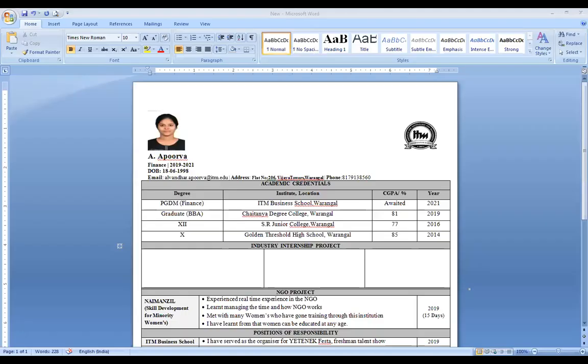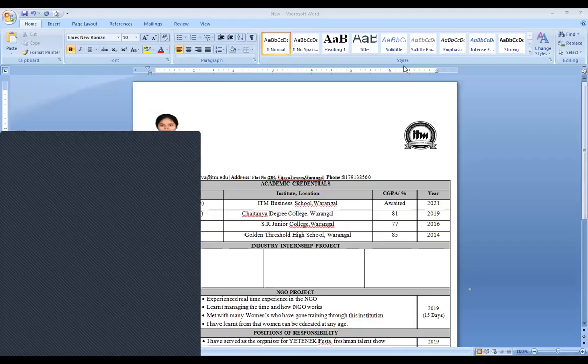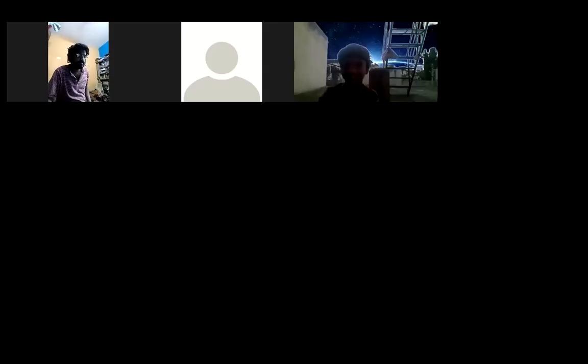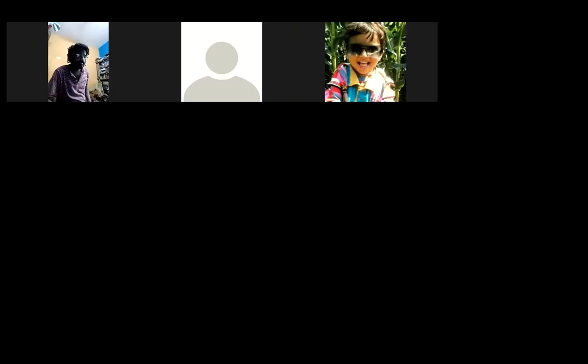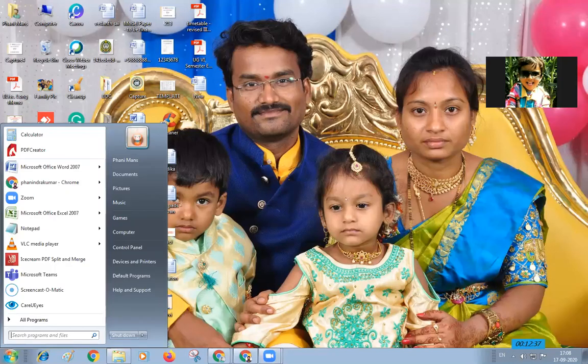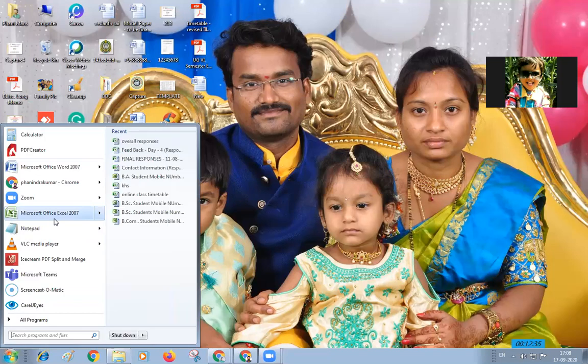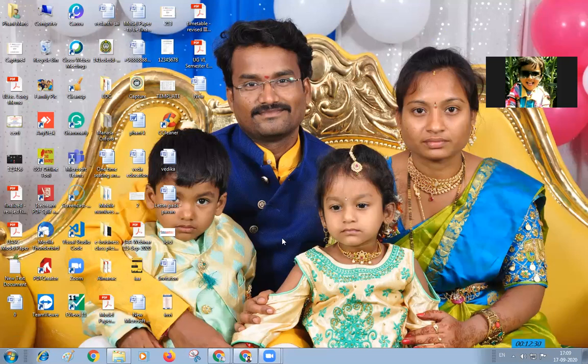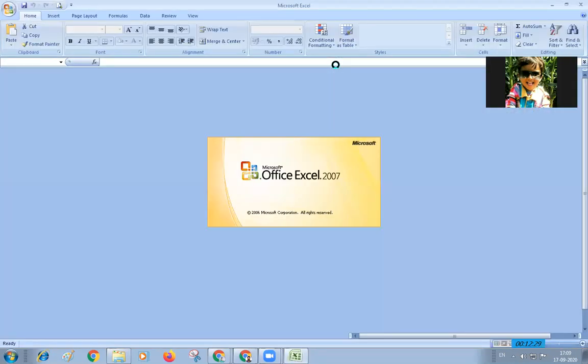To start Excel first, click on the start button and then select MS Excel. Microsoft Excel is here. Then click on Microsoft Excel and automatically you will get a screen displayed over there. You will see a screen known as the home page of MS Excel.